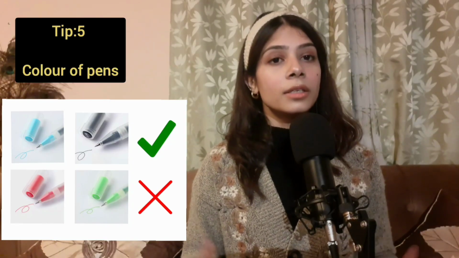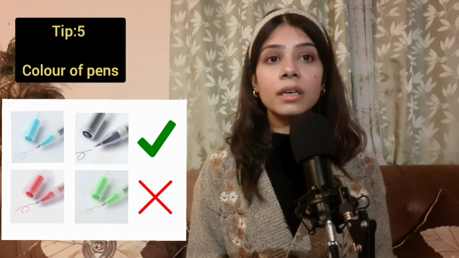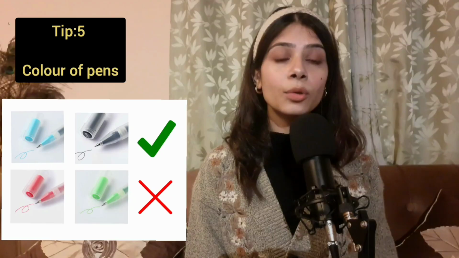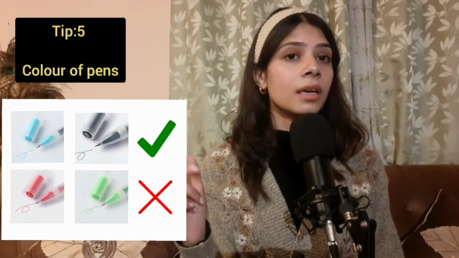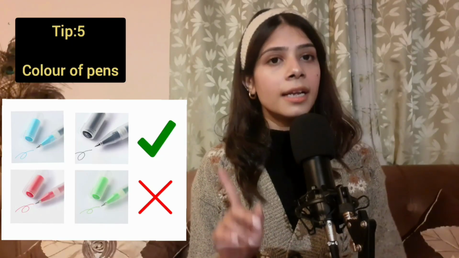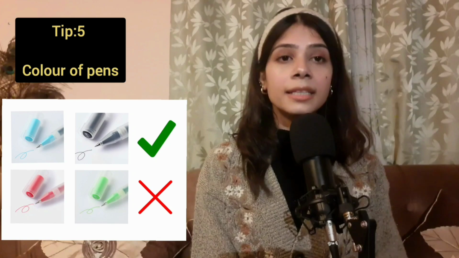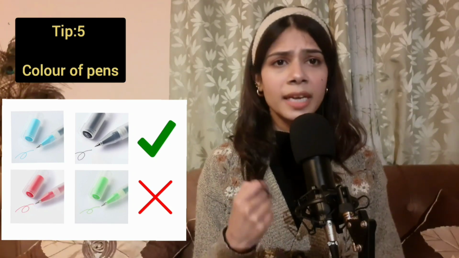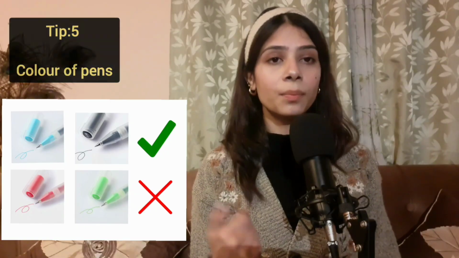Now, you can write your answer scripts in whatever your preferred color of pen is, may it be blue or may it be black. If you are writing it in blue, then you can highlight or write the topic of the answers or anything that is important in the answer with black pen. And if you're writing your whole answer in black pen, then to highlight the main dates, names, or anything specific, or to give it a title or subtitle, you can use the blue colored pen.